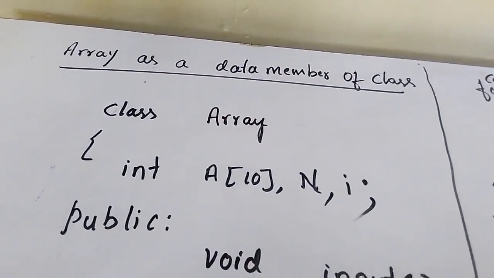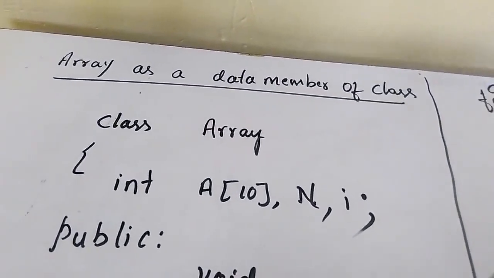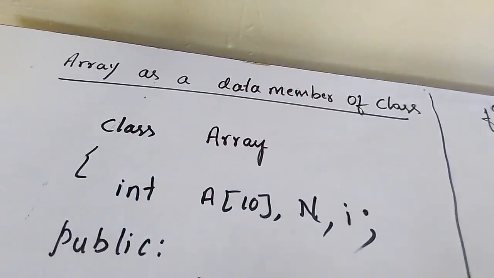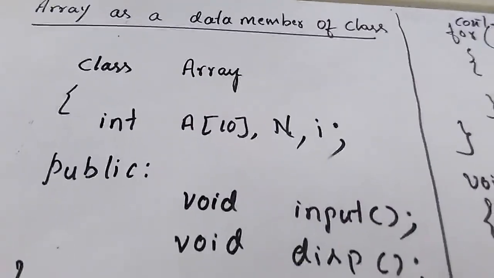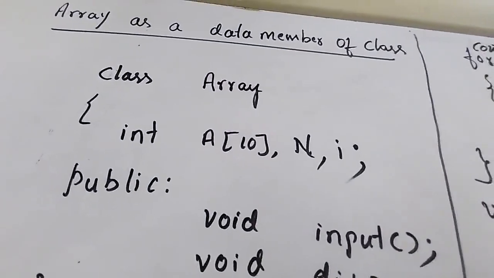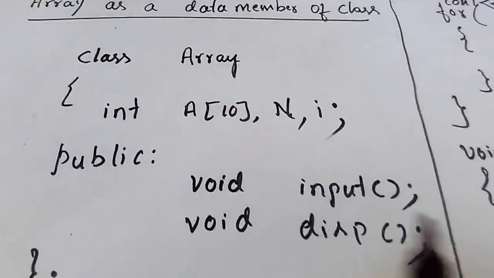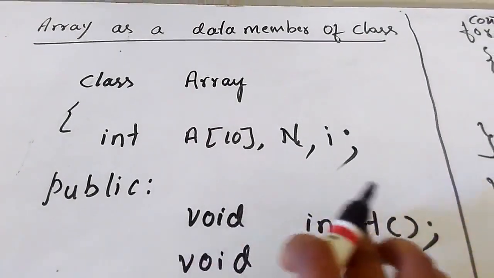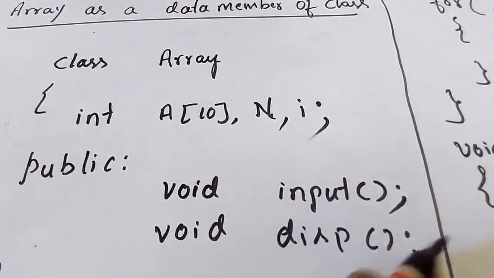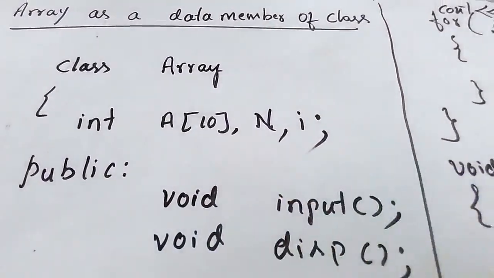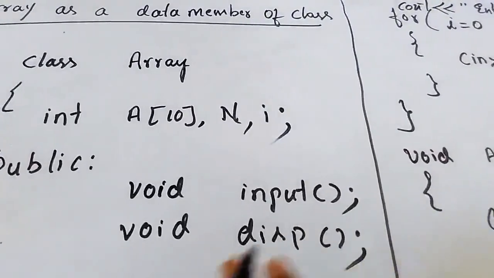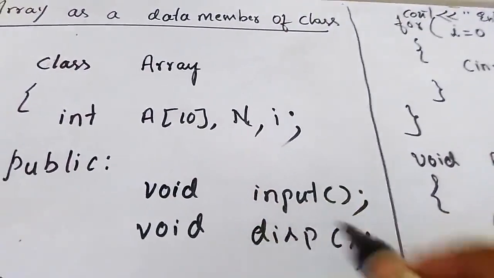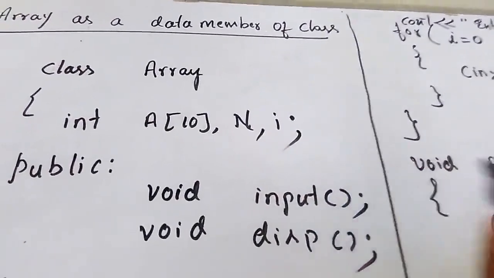I gave one question, no, in that multiple choice, which is the default access specifier. Private is the default access specifier. If you have not mentioned anything, which access specifier is automatic? Private. So in order to access private members, we need functions in a public section. Okay. Now public void input and void display. I have taken two functions here, because the input function is to input values to this array and the display function is to display on the screen.